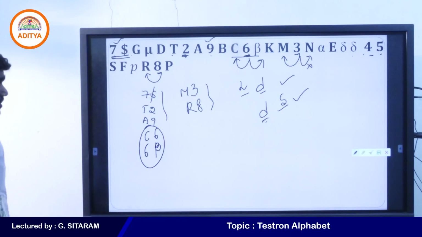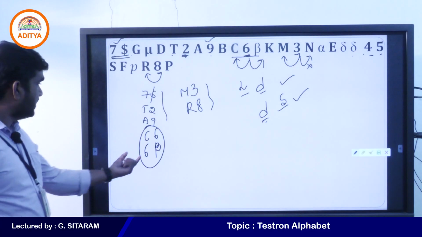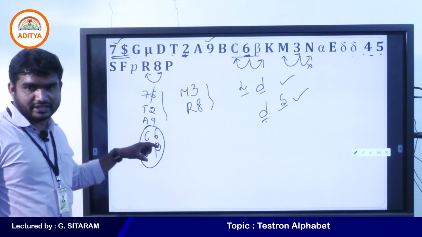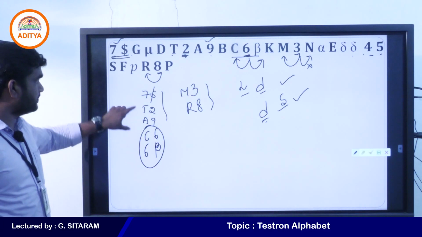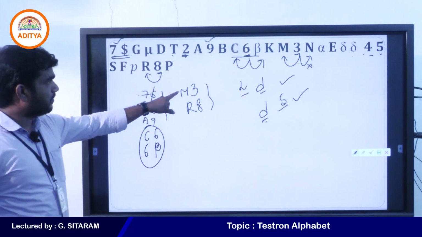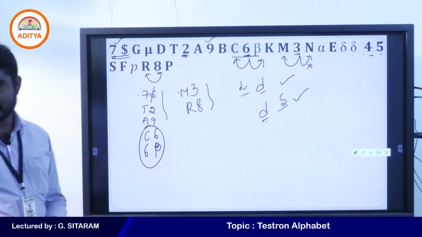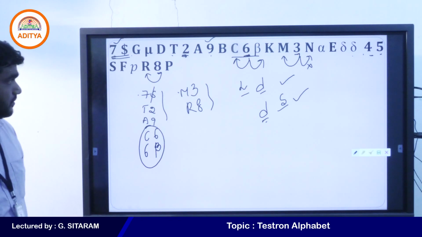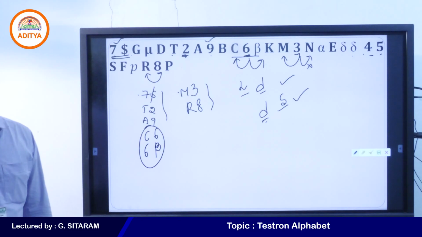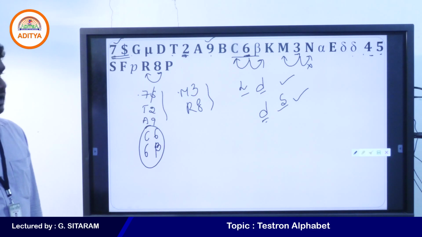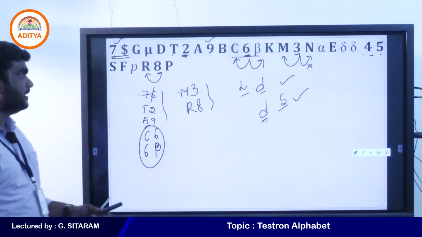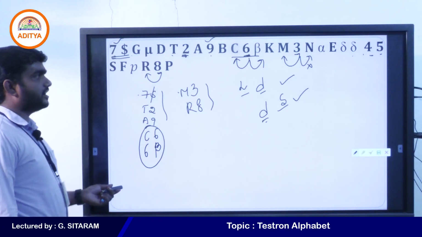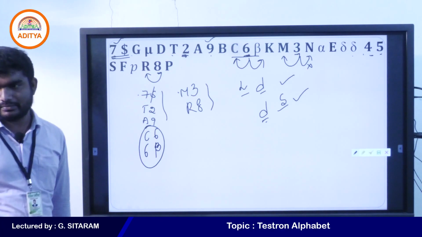How many such numbers, such digits, was asked. Here 6 appears 2 times, but you can consider only one time. 1, 2, 3, 4, 5 and 6 is the answer, not 7. More than 5 is your answer. Is it okay for you? How many such numbers are there either preceded by a letter or followed by a symbol?